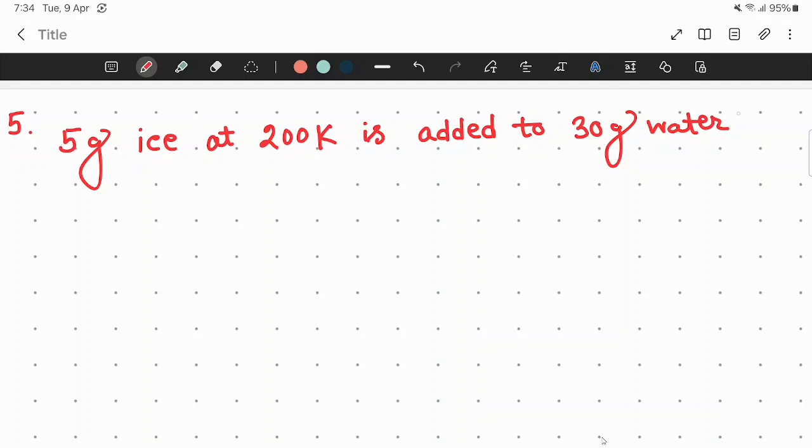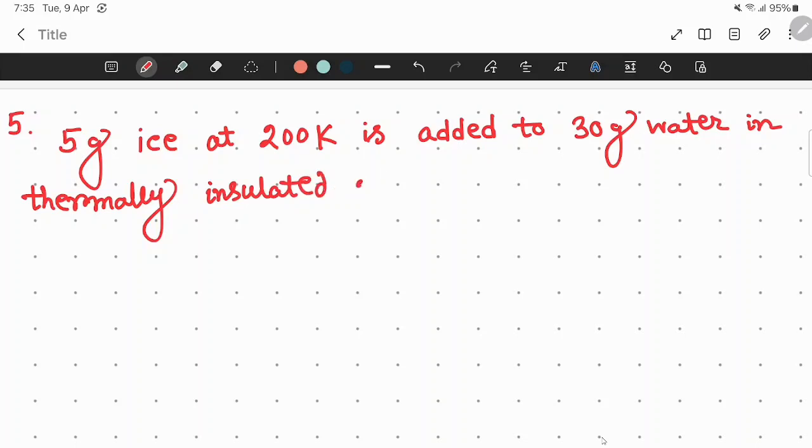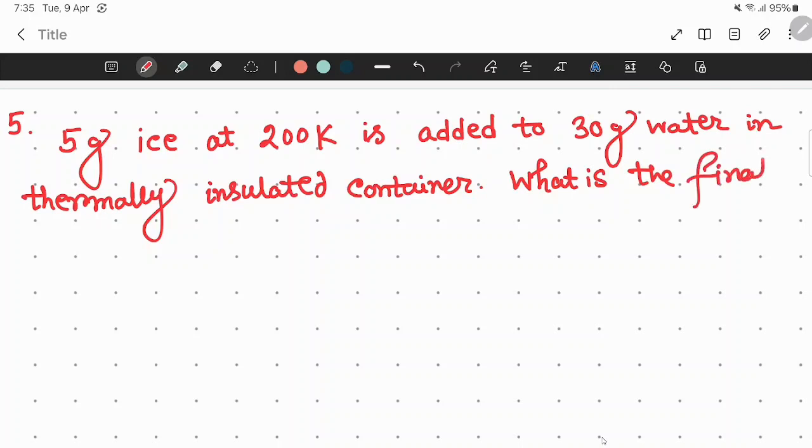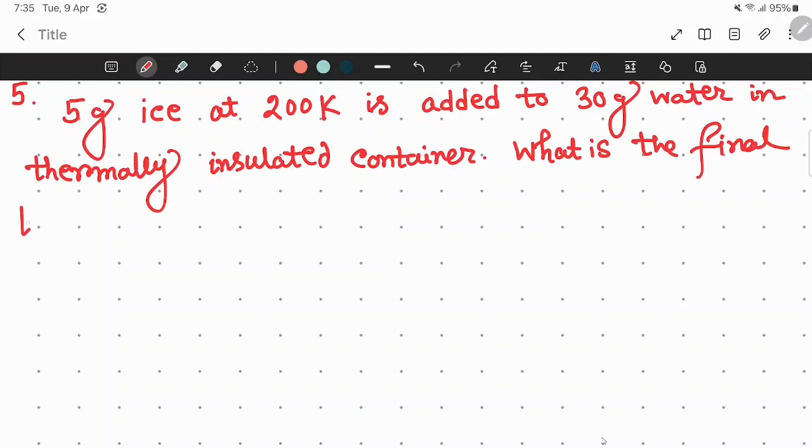Okay. The information given: delta H fusion